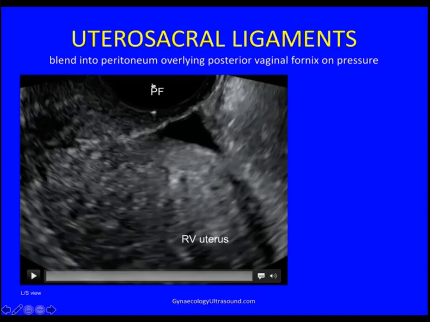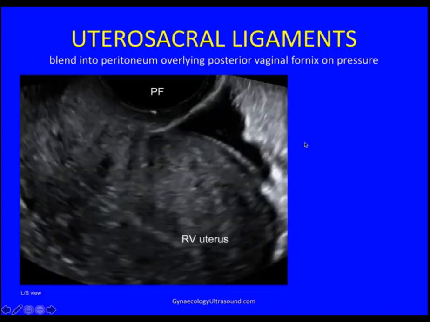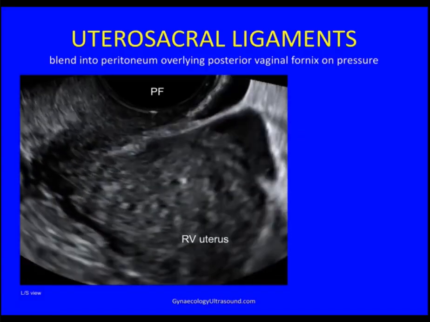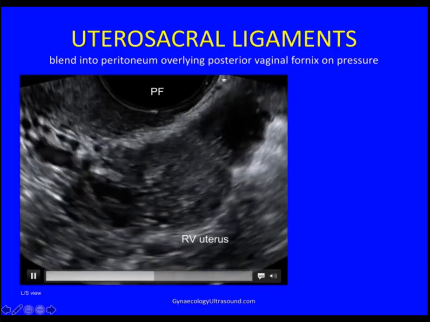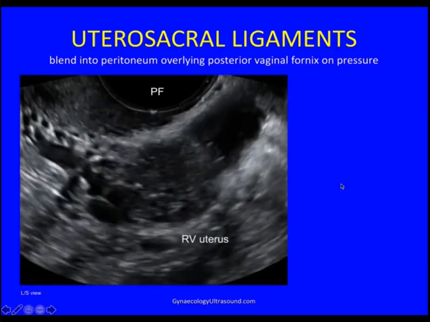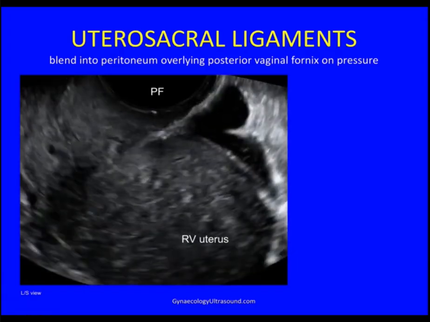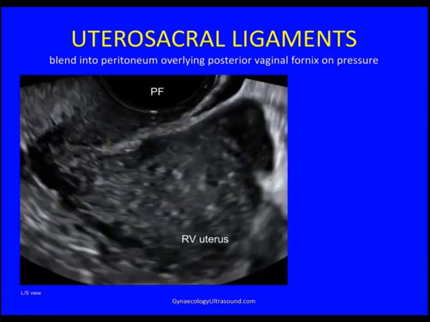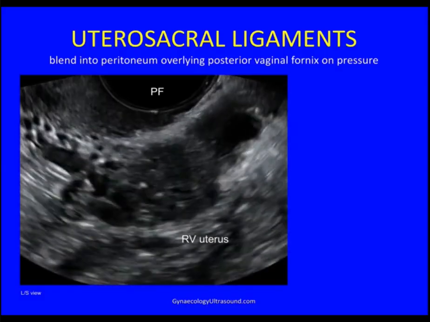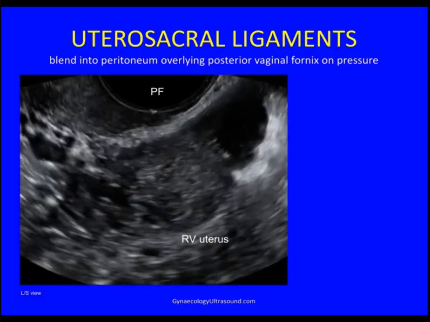because it shows that when you're scanning through the posterior fornix, if you see adhesions, you know that at least part of that is the uterosacral ligament. So let's see what that looks like. Going slightly to the side, there's the uterosacral ligament, and now it's blended in with the peritoneum, and there it's unblended again. So slightly off to one side, uterosacral ligament, and it's pressed against the pelvic peritoneum there,